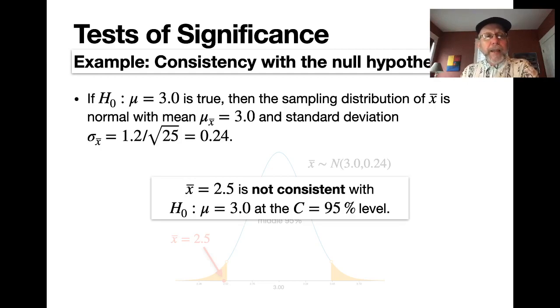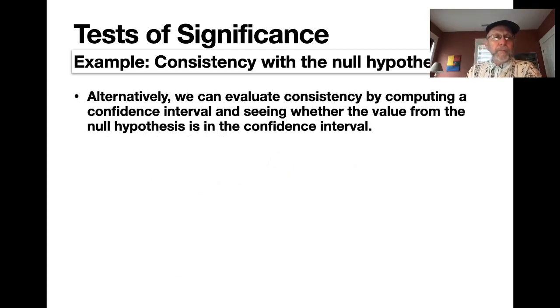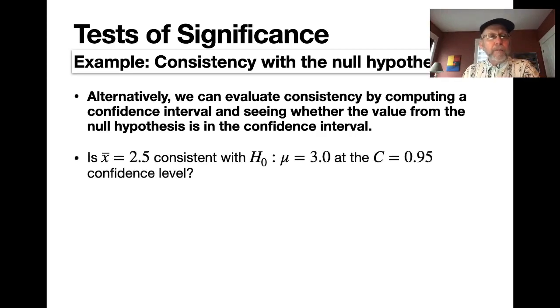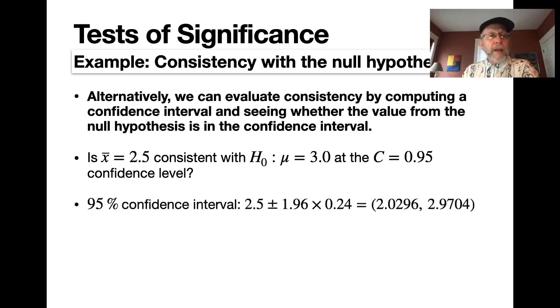But as I mentioned earlier, it's actually a little bit simpler to use confidence intervals directly to assess whether our data is consistent or not with the null hypothesis. How would that work? Well, in asking whether 2.5 is consistent with the null hypothesis at the 95% confidence level, we'd simply form the 95% confidence interval for mu based on our sample mean of 2.5. It turns out that extends from